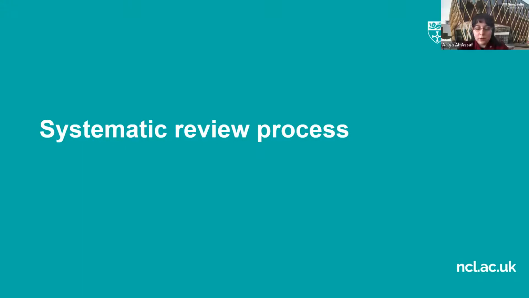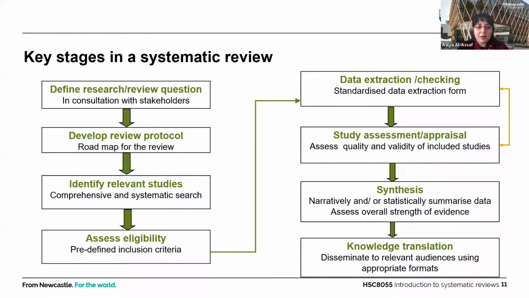Okay. So I'll move on then to the next step, which is the systematic review process. What are the stages? What are the steps required to do a systematic review? So the key stages: the first stage, which is the fundamental stage, is defining your review question or your research question, which should be specific and very clear because it will have an impact on all other steps of the systematic review. So you need to be very clear in the research question.